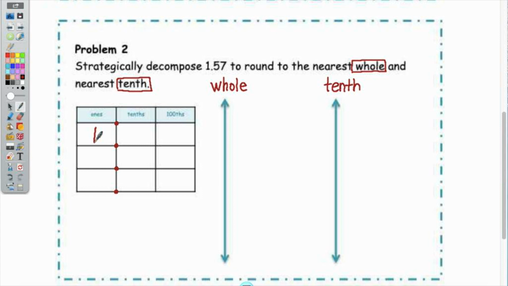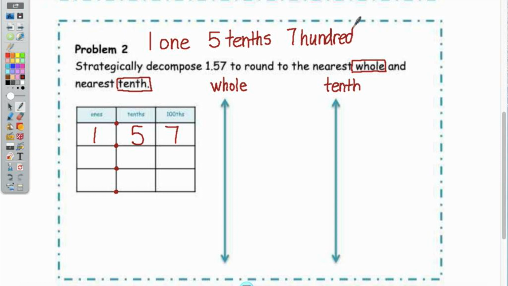Okay, so 1 and 57/100. So that's going to be 1, isn't it? Go ahead and write this down. 5 in the what place? Tenths. Tenths, good. And 7 in the hundredths. So go ahead and write that down. And you won't have to erase it and move it across. So I've got 1 and